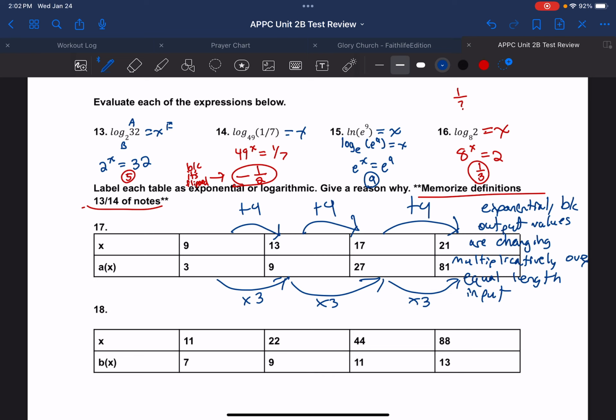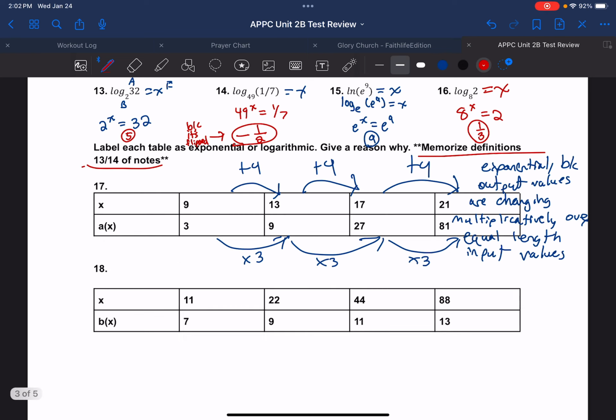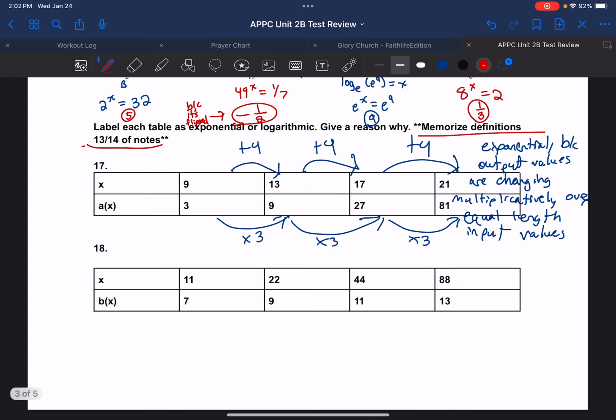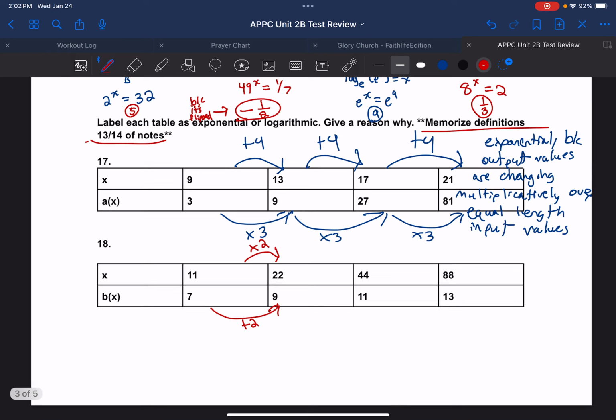input values. Okay, and then this one's going to be the other way, so I'm multiplying by 2 on my input values, and I'm adding 2 on my output values. So this would be logarithmic